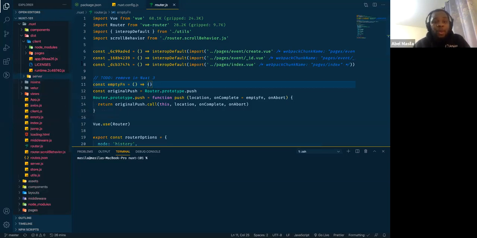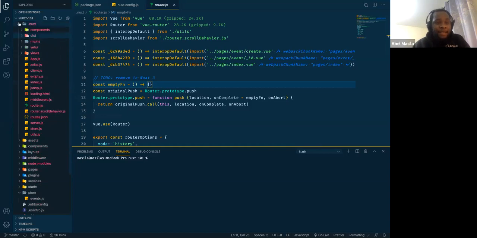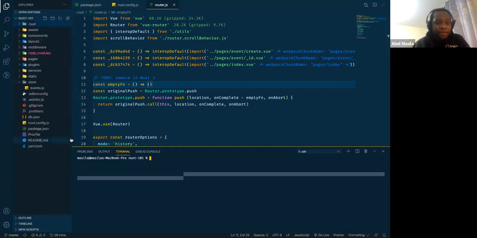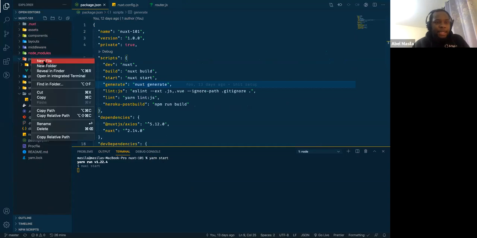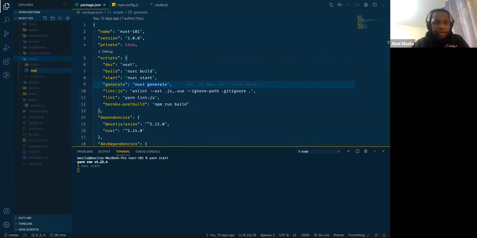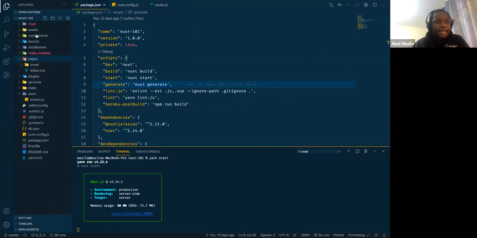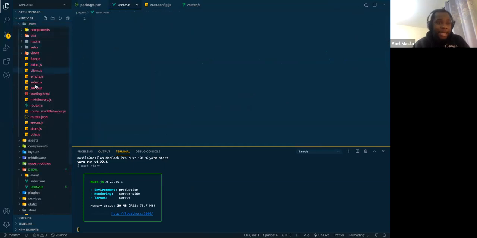So when you continue working on stuff here, for instance, if I run the project with yarn start, and then add a new page, let's say a page called users.vue, this page should be added to my distribution in the client.